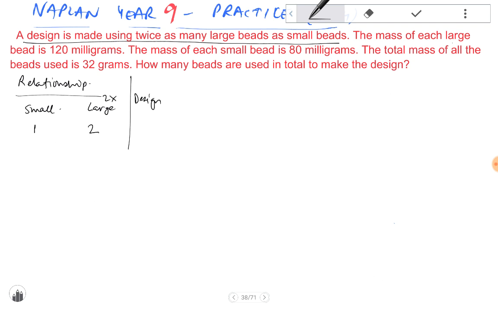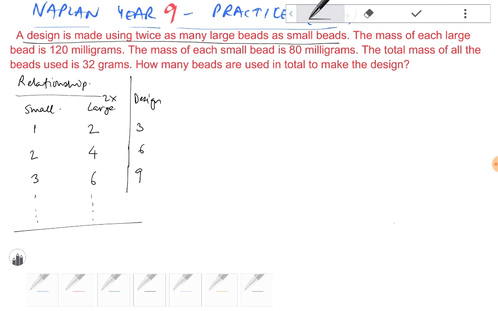So the design would then need three beads. If we used two small beads, we would need four large beads, so the design would be comprised of 6 beads in total. If we used 3 small beads, we will need 6 large beads, and the design would be made up of a total of 9 beads, and so on. So this is the first part of